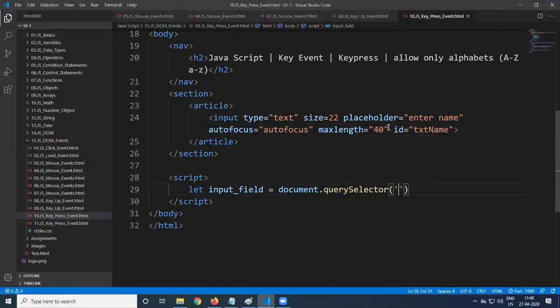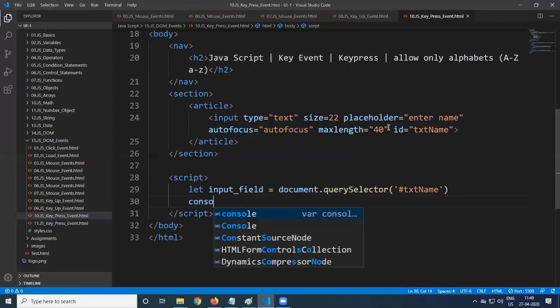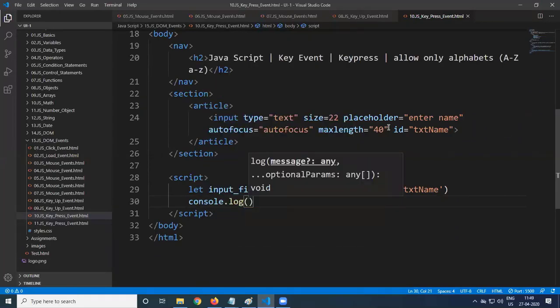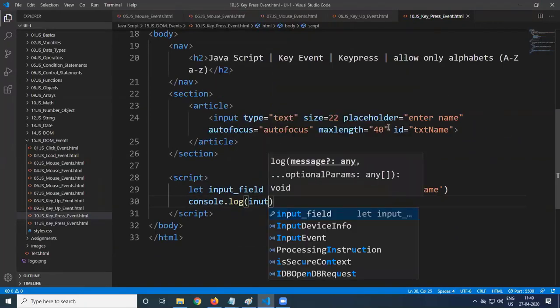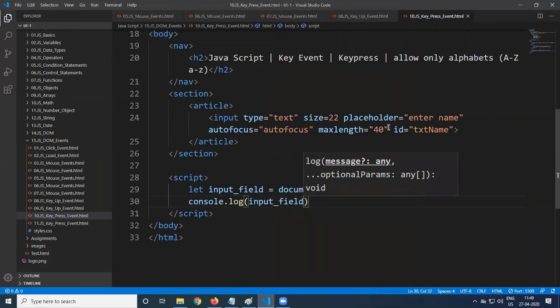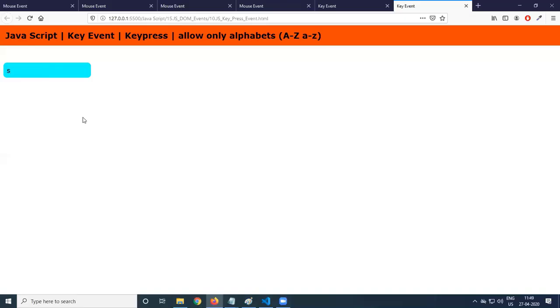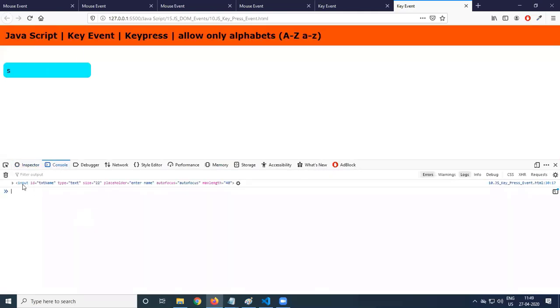So querySelector of #txt_name. We got the reference of that particular element. It's a text box. So console.log input_field. What are we getting? Inspect element, console, input ID, this particular element we are getting.